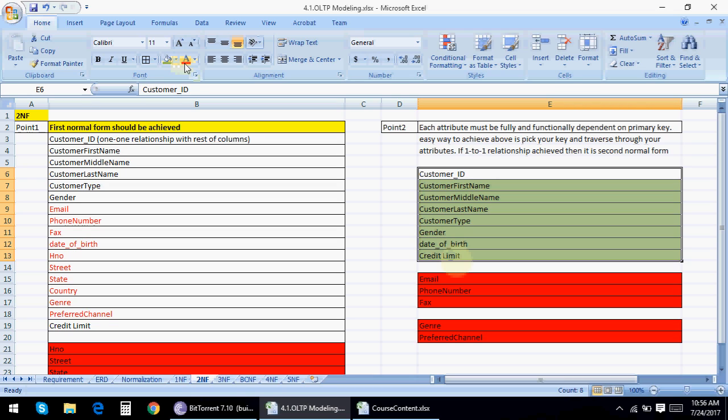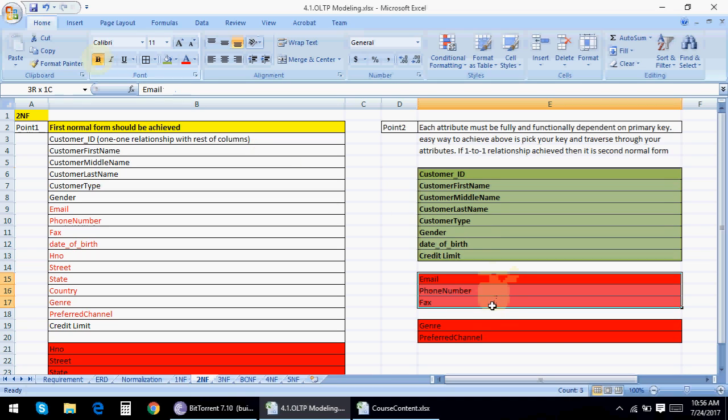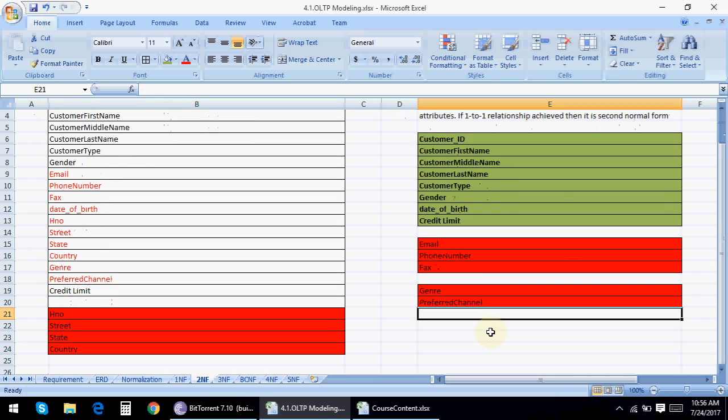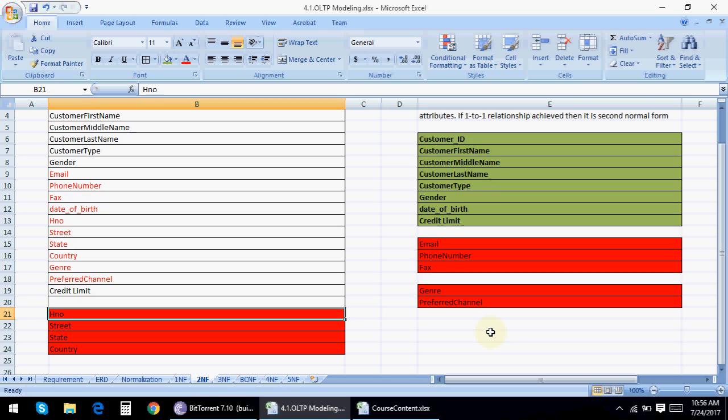These particular tables, all these columns, are in second normal form. We have chopped out a few other columns which are not in second normal form. Let's keep them aside. I will explain going forward when we move ahead with other normal forms.